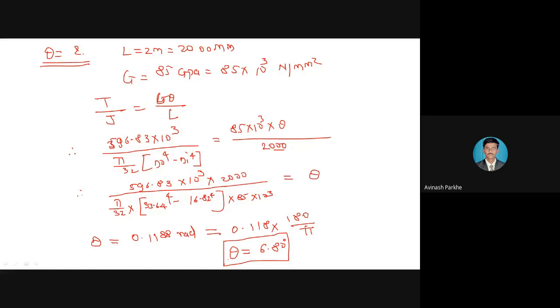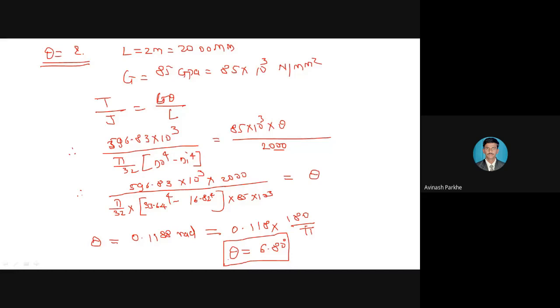But here theta is not mentioned, therefore it is not required to calculate the diameter based on the angle of twist. Whatever diameters we calculated based on the shear stresses, those diameters we use in this formula for the theta calculation. From this calculation, whatever theta you get will be in radian only, because all the parameters are in Newton per mm square, length is in mm, and diameters are in mm. To convert that radian, we multiply by 180 by pi, exactly opposite. So if I multiply by 180 by pi, you will get theta, that is 6.80 degree.